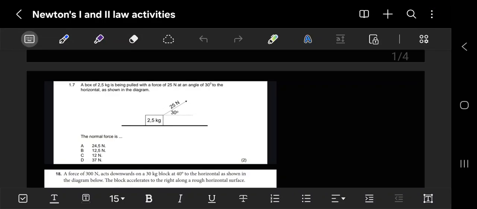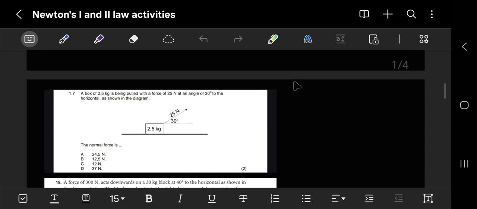So in this video we'll be answering a set of Newton's laws questions. Starting with this one, it's a multiple choice question. It says a box of 2.5 kg is being pulled with a force of 25 newtons at an angle of 30 degrees to the horizontal as shown in the diagram below. They ask us what is the normal force, and what you'll remember guys is that